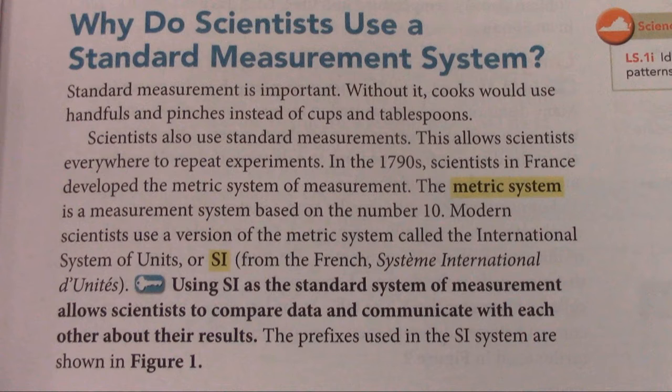In the 1790s, scientists in France developed the metric system of measurement. The metric system is a measurement system based on the number 10. Modern scientists use a version of the metric system called the International System of Units, or SI, from the French